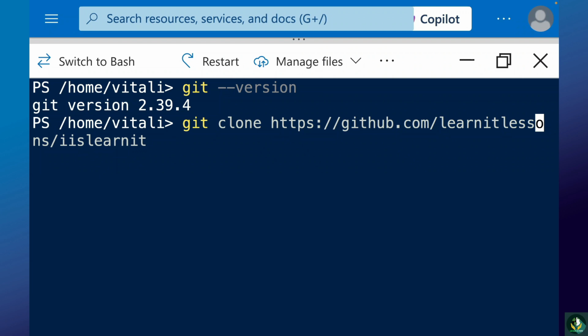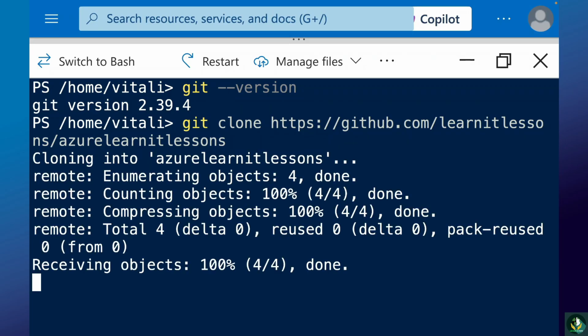Oops, the Cloud Shell is working a bit slow. So the link is https://github.com/Learned Lessons/Azure Learned Lessons. If I hit enter, that'll